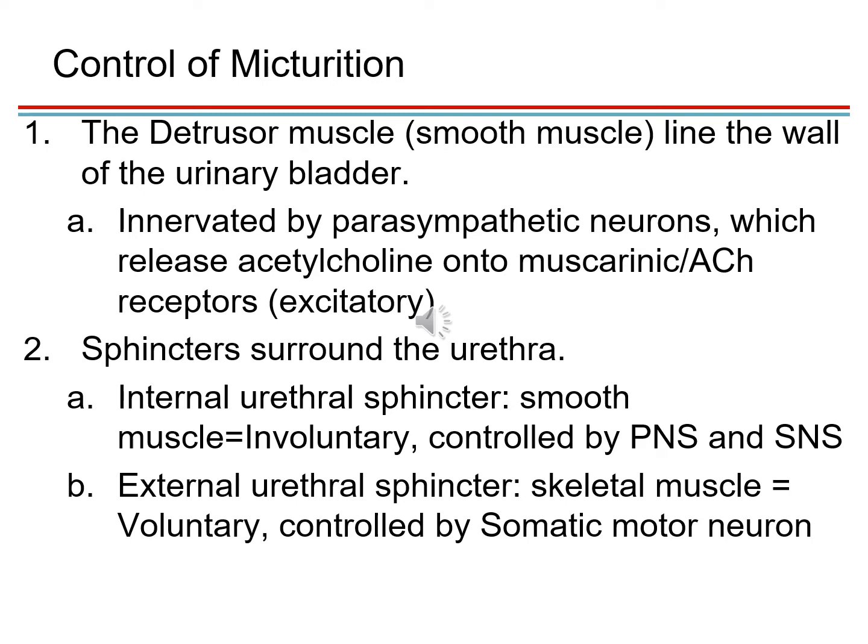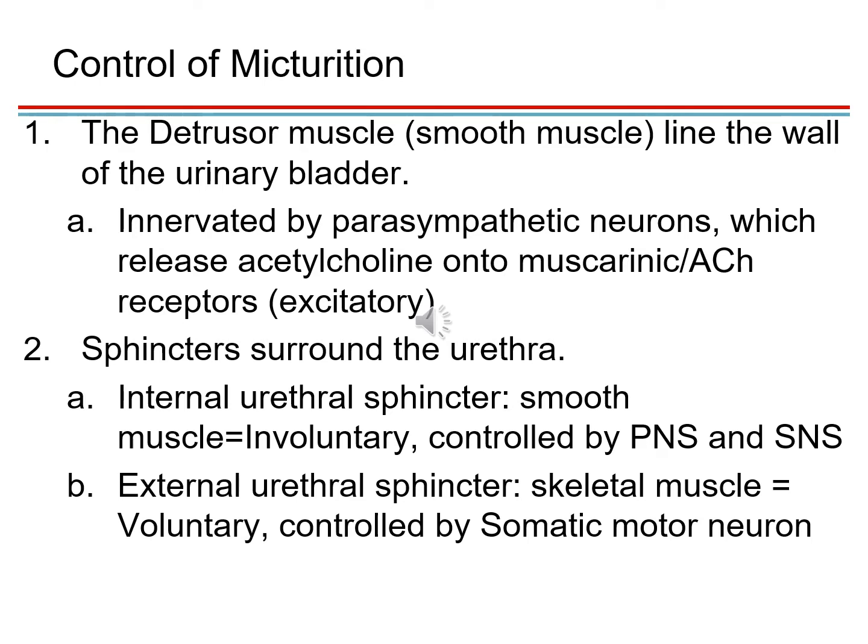The detrusor muscle is the smooth muscle that makes the wall of the urinary bladder. The other player is the parasympathetic nervous system, using the parasympathetic motor neurons. These parasympathetic motor neurons, like the postganglionic parasympathetic neurons, are using acetylcholine. In this case, the acetylcholine binds with a specific receptor, and this specific receptor is not nicotinic,